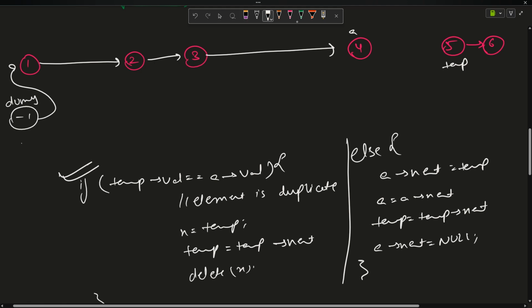Moving forward, 4 not equals to 5, so make a connection. A will move here, temp will move here, right? After that break the connection also. So this connection is broken and this temp is here, right? Moving forward, temp is not equal to A, so A will make a connection. A will move here, temp will move to null and I will make this null, which is already null,